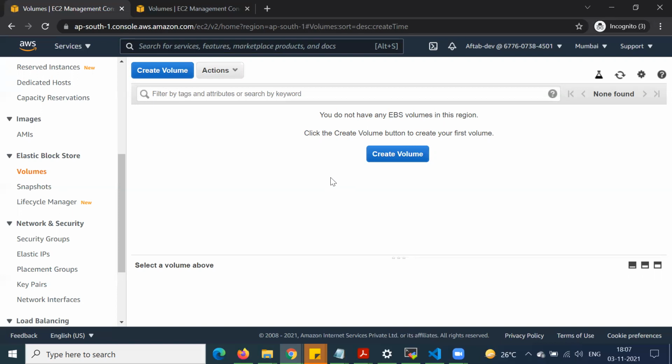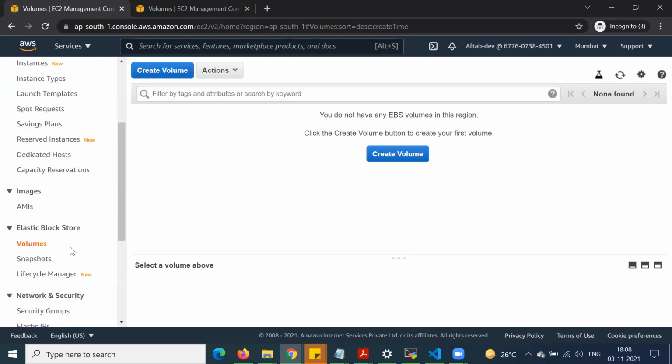And if you want to use the same EBS volume in another availability zone, then in that case we need to take a snapshot and copy that snapshot into the different availability zone. Then we will be able to attach that volume to any EC2 instance running in that specific availability zone. So guys, we will also look into the snapshot thing, but first of all, let's see how to create the EBS volumes, right?